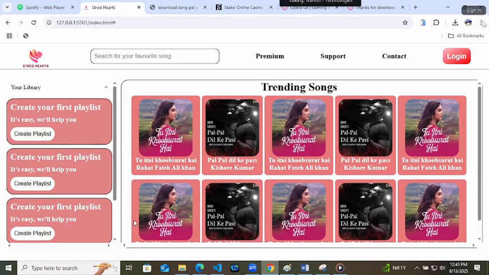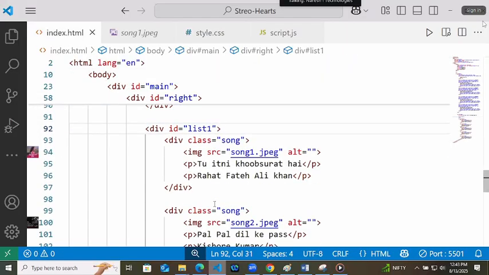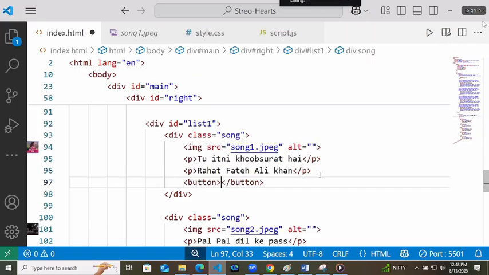Now our next target is whenever we are hovering over this div, they should get an icon. We already know how to show something by hovering. For that, go to this song div. This one. That is a button only. Create that button. In that button, I will be adding an image instead of writing a text.